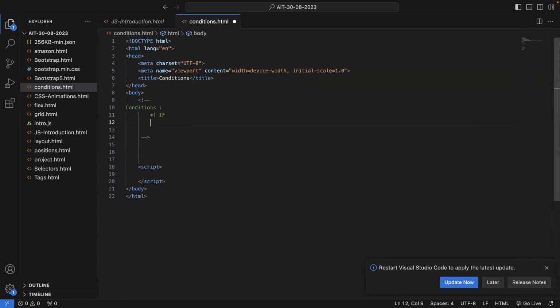If, then, else and switch. Yeah. So these are the four types of conditions that we'll have in JavaScript basically. So if you go with the first type of conditions example, like